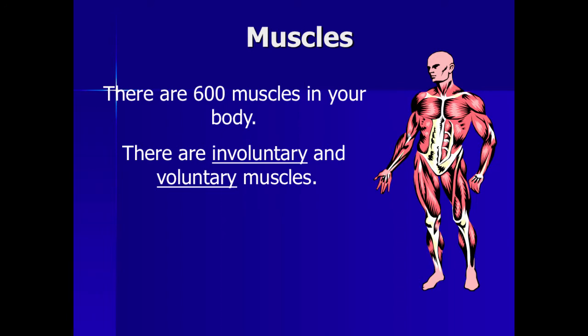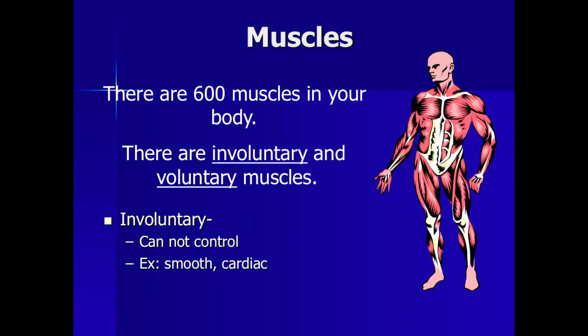Involuntary means that they are muscles that move without you consciously thinking about it, like your heart. When your heart is beating, you're not sitting there going, beat now, beat now. Okay? It's something that you unconsciously do. So it is involuntary. Voluntary muscles are like our biceps, triceps, lats, pecs, abs. They're muscles that we can control their movement.